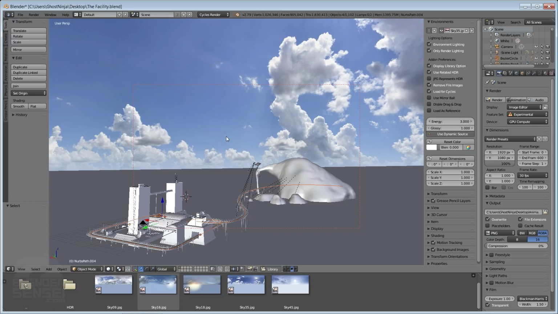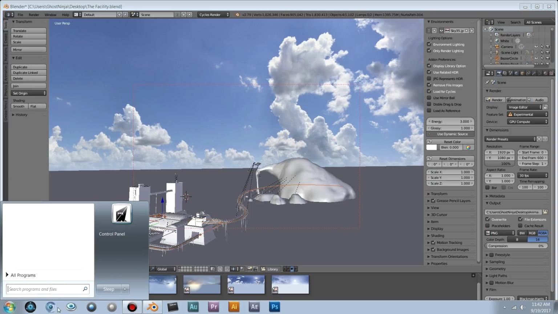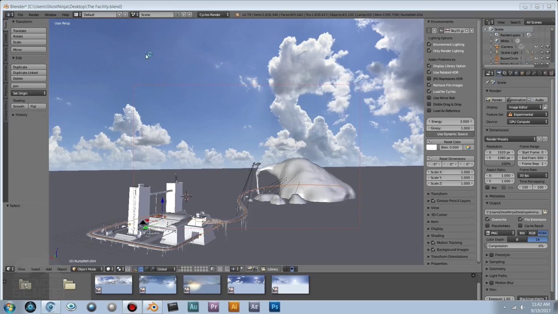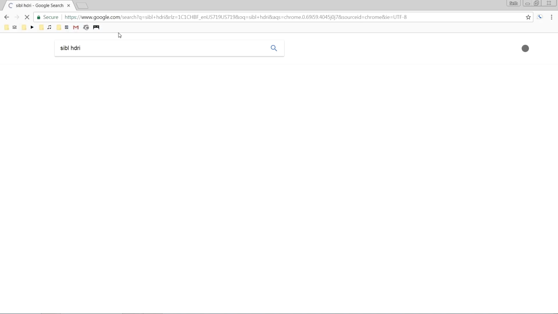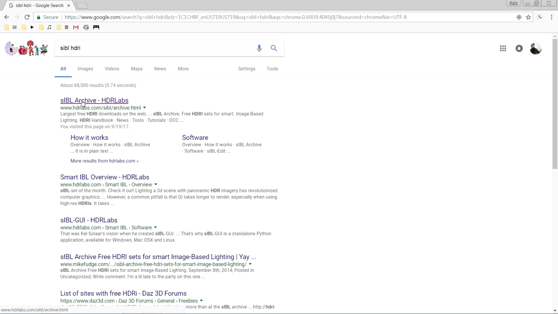Okay, so while we're on the subject matter of using related HDRs and the SIBL format, I want to recommend to you a really cool site where you can get a lot of free environments to use with this add-on, Blender, or any other 3D software. So I'm going to hop into Chrome here for a second. If in Chrome you just type in SIBL and HDRI, should be the first website that pops up is